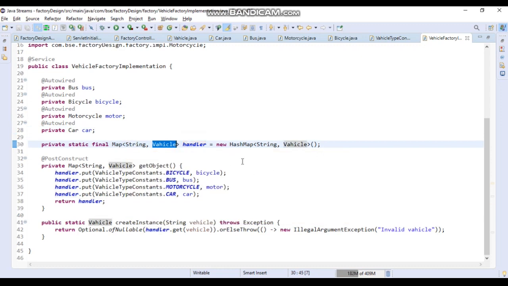Many people ask me, I have uploaded the previous video on the internal working of hash map, so what is the real use of hash map in a project? You can consider this as one way of using hash map. A hash map is used only when we want a key value pair kind of relationship.